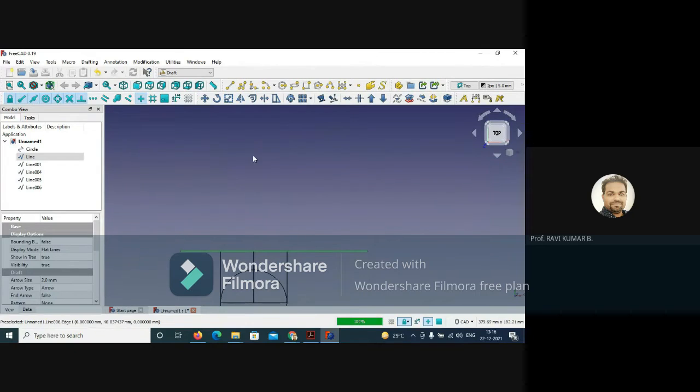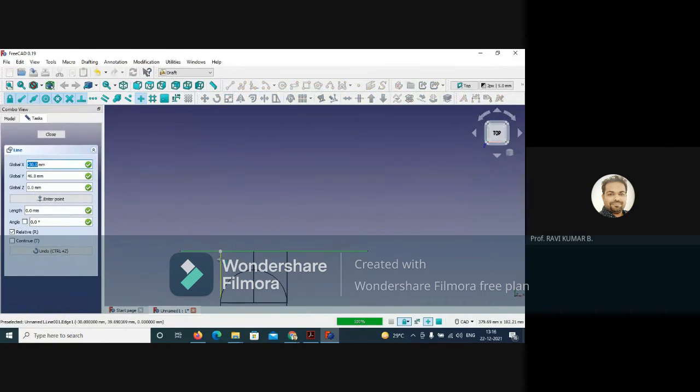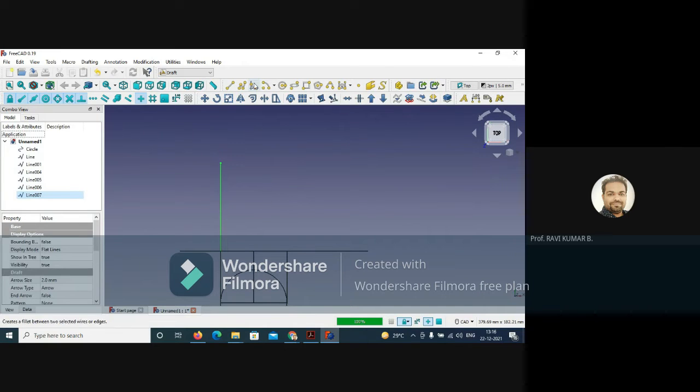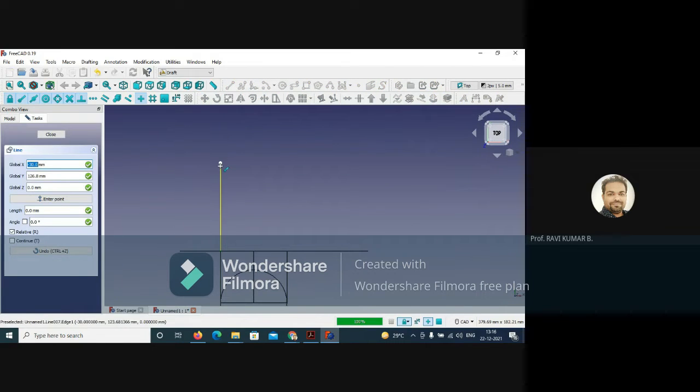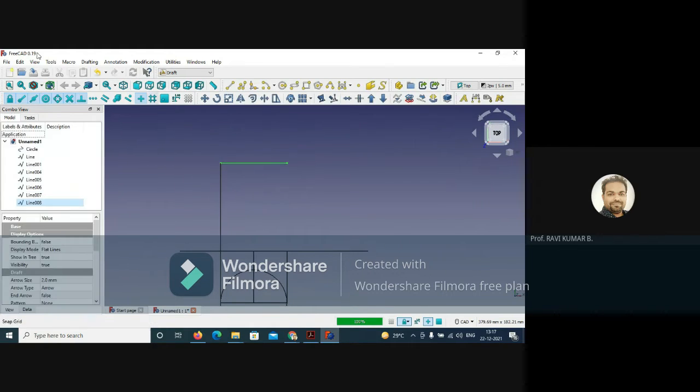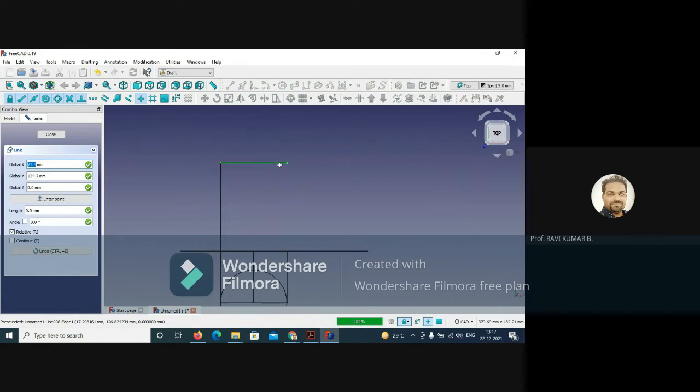Total 80. You can start with this, draw vertically, and give 80. Keep it like this and give 80, enter. Then go to the horizontal side, keep it like this and give 60, enter, and finally connect the last and first points.